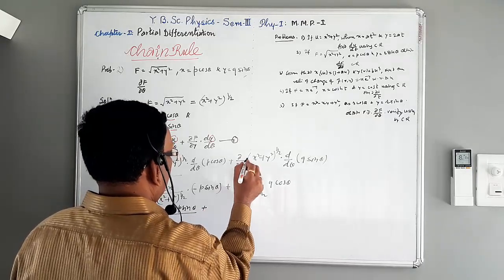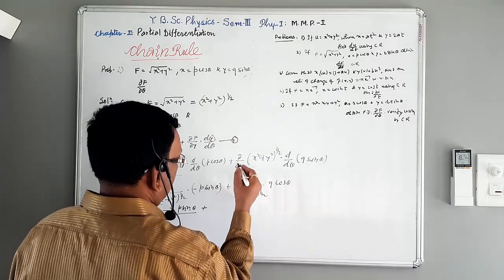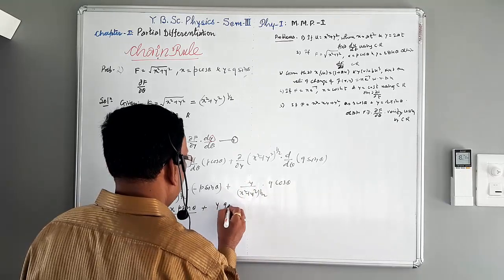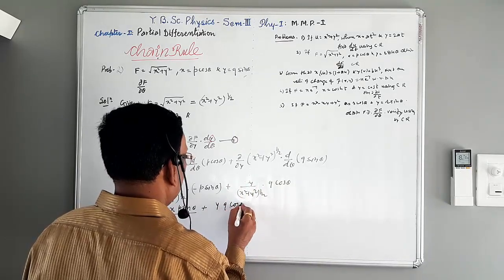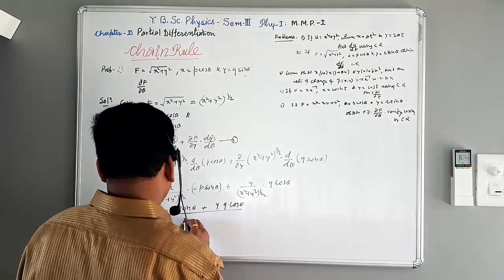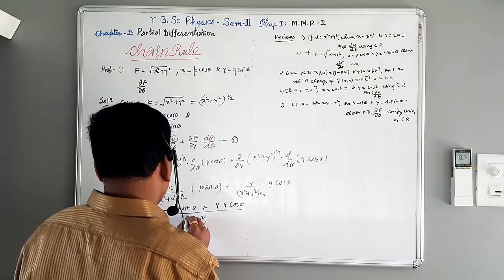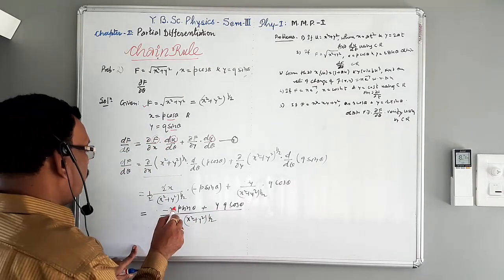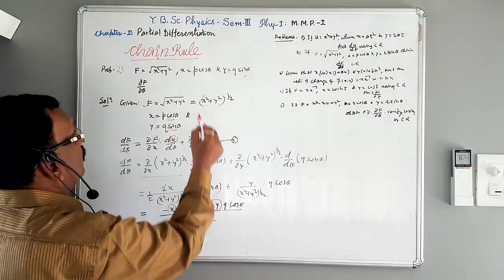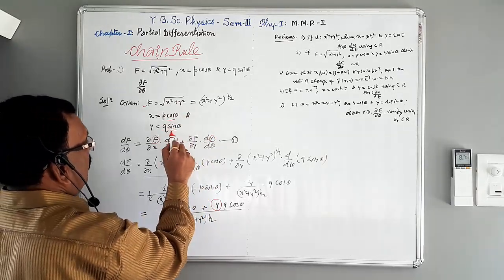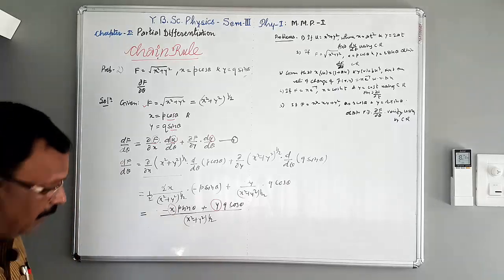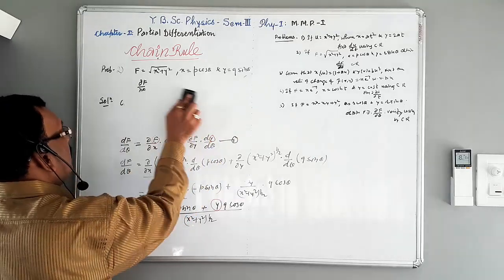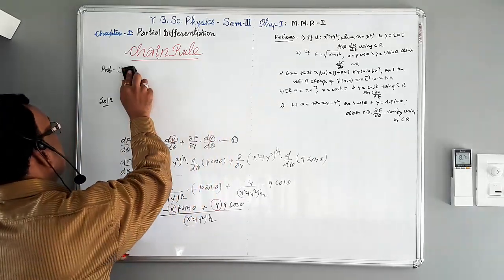plus here also 2 is getting cancelled with 1/2. We have y q cos theta upon x square plus y square bracket raised to 1/2. Now again substitute the value of x and y, that is p cos theta and q sin theta in this equation. By substituting the value of p, x and y, we have